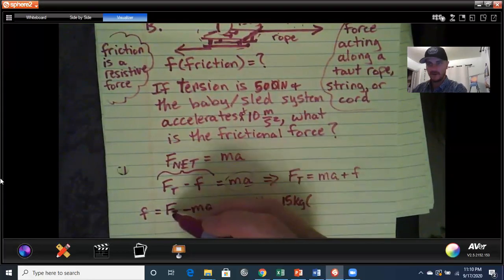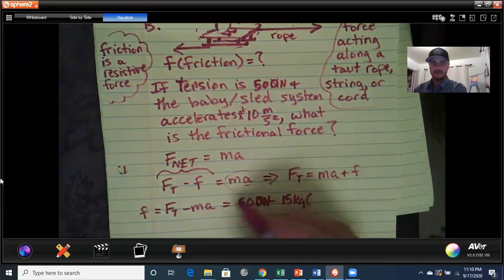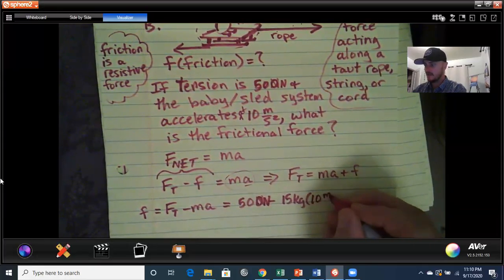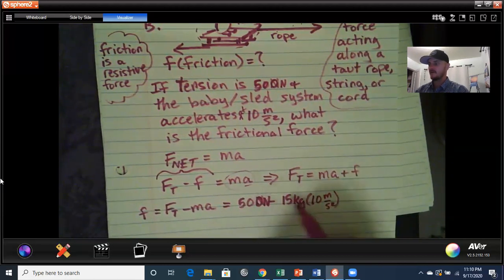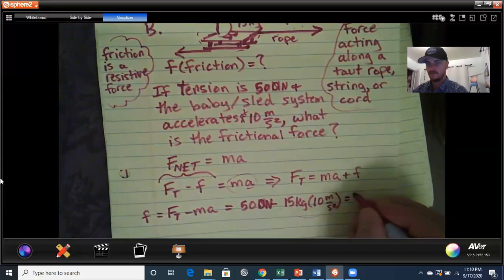So down here, what are we plugging in for FT, not 50? What a silly idea that was. Let's make it 500 newtons, minus 15 kilograms times how much acceleration? 10 meters per second squared. And what do we end up getting here? 500 minus, we know that this would be 150, right? So would you end up with 350? This would be 350